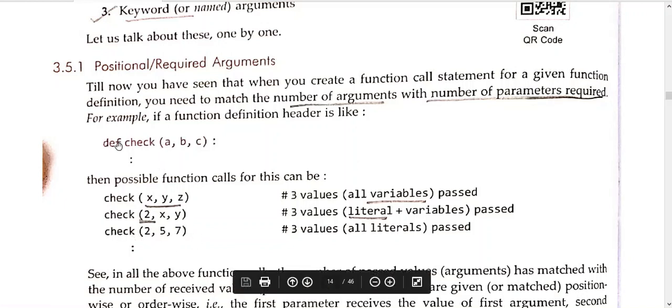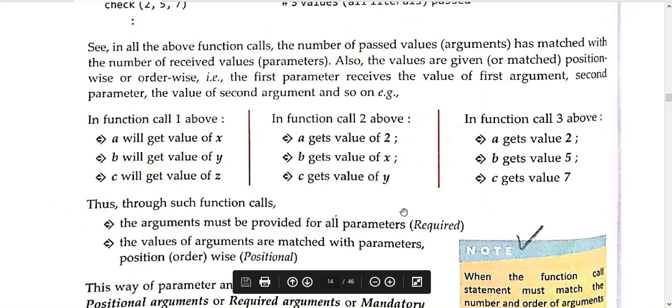Here you are passing x, y, z, three variables. Here you are passing one literal, meaning something with a specific value, a constant. x and y are both variables, so in this you are passing one literal and two variables. Here you are passing all three literals.